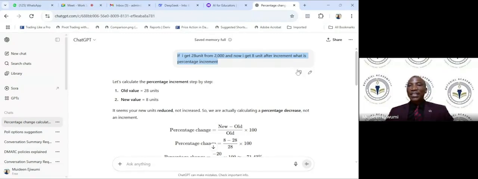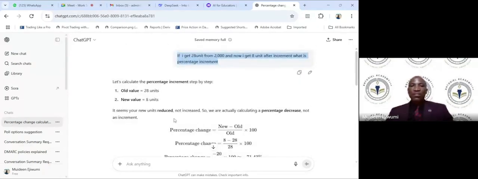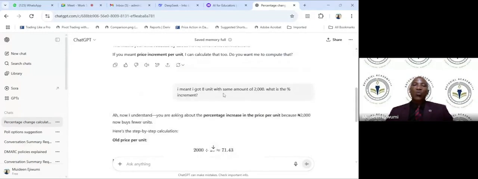So instead of me retyping this, I can edit the message. This is an edit button, a pencil icon. You can click to edit, or you can just refine your prompt without necessarily editing that one, because it's part of what I want to teach later: refining your prompt. Even much later, if you want to refer to the allocation of units based on the amount, it's still going to memorize it.